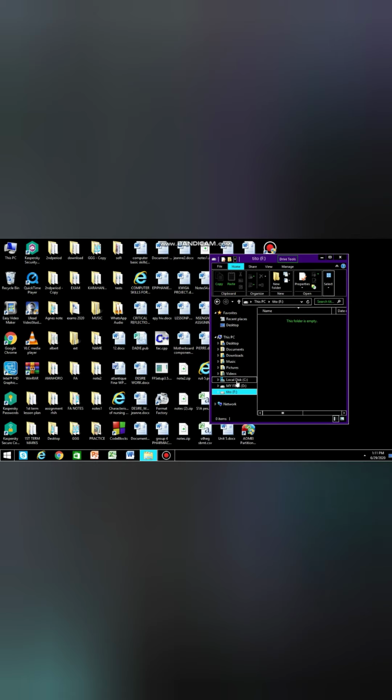You see that we now have 3 partitions, C, D, and F.